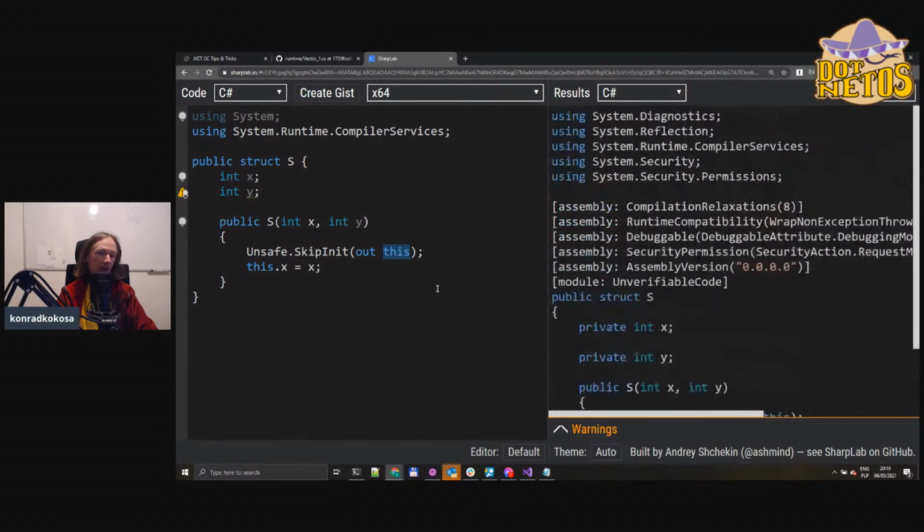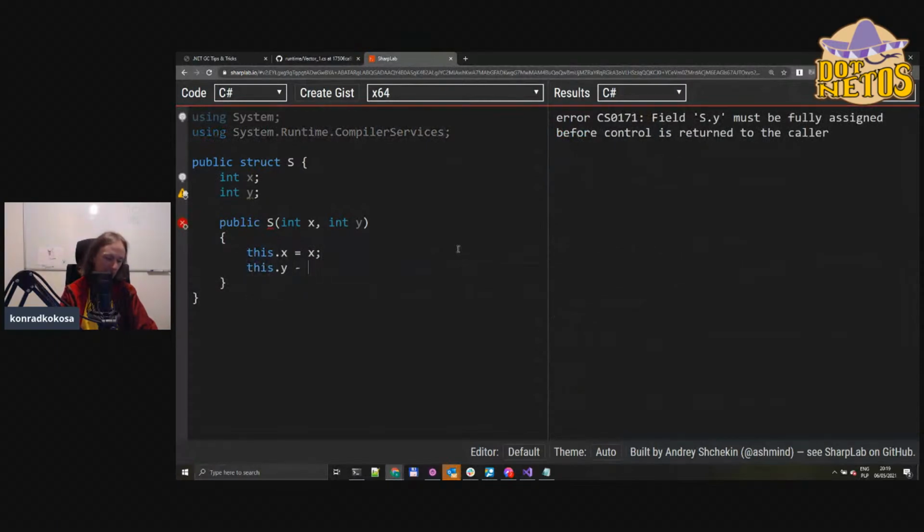Like, okay, I'm skipping the initialization of this, which is our struct, so I don't care. You want it, so you have it, and you are initializing only a single field, which is pretty obviously unsafe, in the sense that now if you try to read this field, we don't know what will be there. Something will be there, but when may it be useful? First of all, you may have some specific cases when in the end you are not assigning your values field by field like here. This is nice and pretty basic code,